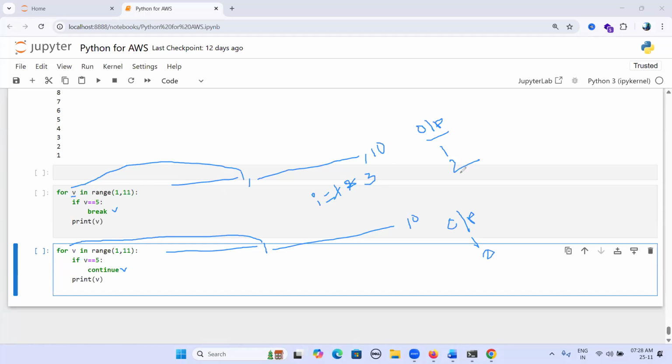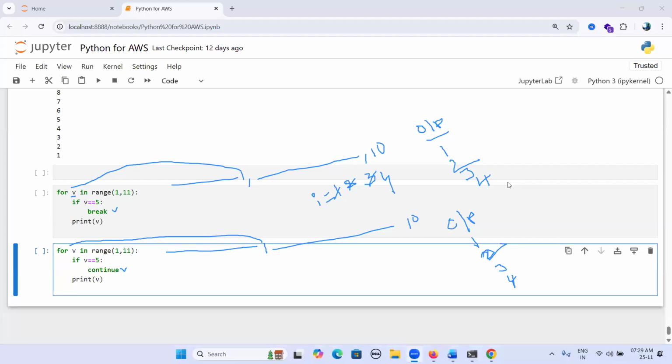No. We are printing 3. The i value becomes 4. 4 equal to 5? No. We are printing 4. Now the i value becomes 5, and 5 equal to 5. Yes, the condition is true.